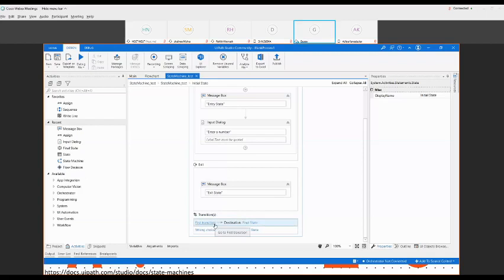I understand that a state machine is slightly more complex than a normal sequence and flowchart workflow, because these are basically used for complex cases where you have multiple transitions and multiple states, and different states are coming again back to back. Then you can use these kinds of statements.